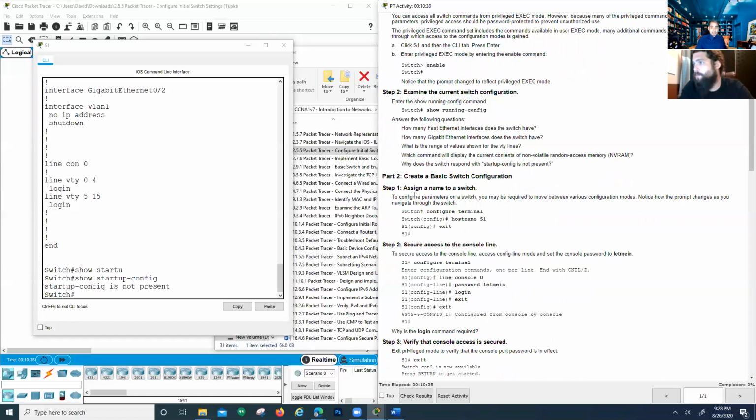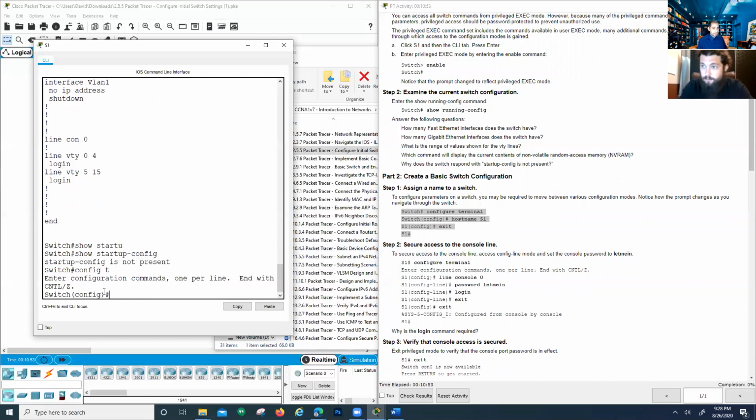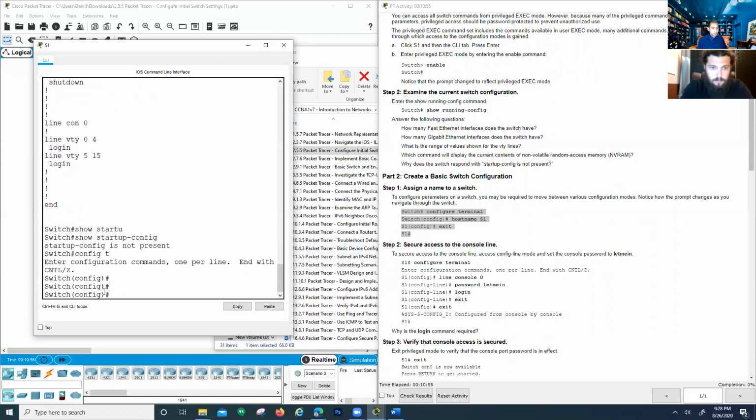This one's step 1: assign a name to the switch. Easy. It's going to give you an example of the commands you need to use, though it's not going to do that on every Packet Tracer. So I'm going to move to global configuration mode by typing config t, which is a shortcut for configure terminal. And then the keyword is hostname, and they want us to call it